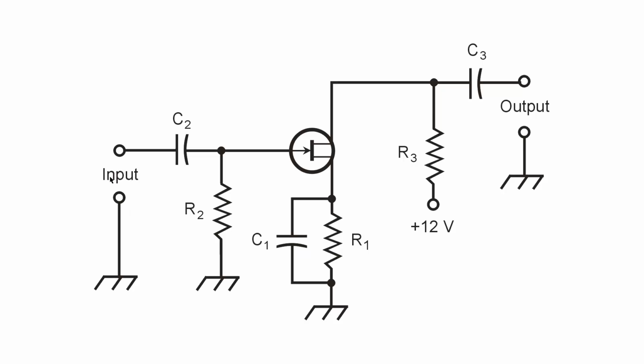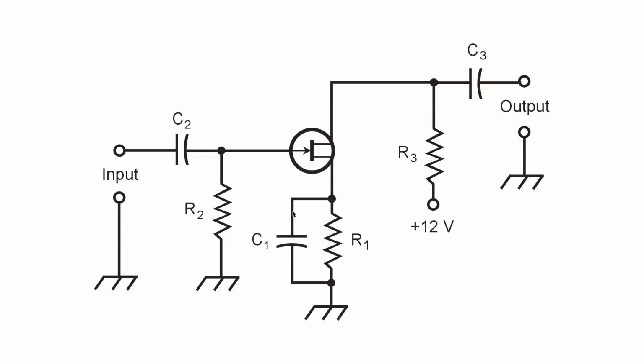You put in a weak signal. It need have very little current, just a little bit of voltage will do the trick here. R2, the resistor, and C2, the capacitor, serve to allow for the input signal to reach the gate without being shorted out to ground. So the input signal voltage appears at the gate of this transistor, and it can be a very tiny voltage, but because of the configuration of this circuit, that tiny voltage at the input can result in a quite large voltage at the output, provided that you use the correct values for R1, the resistor, and